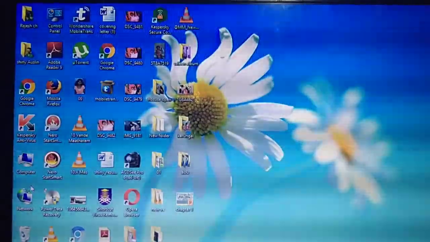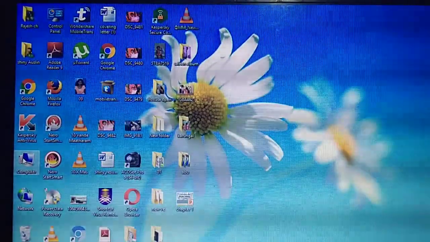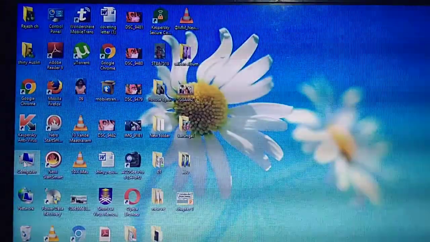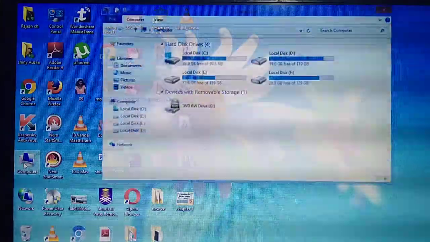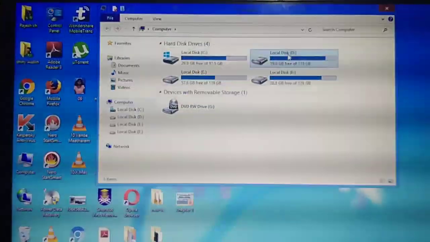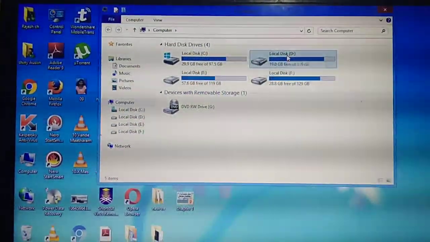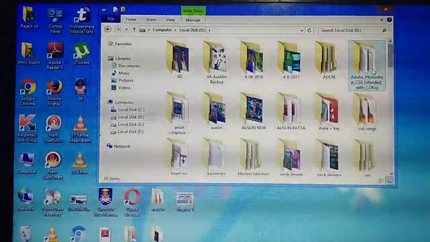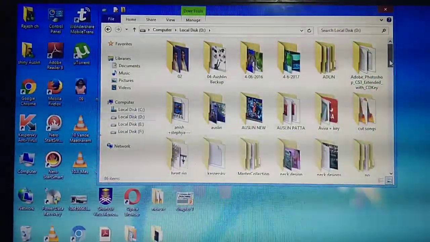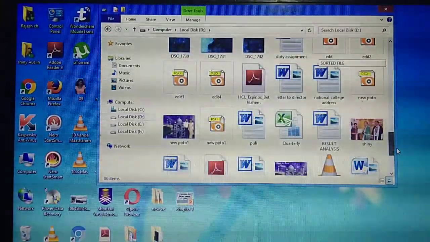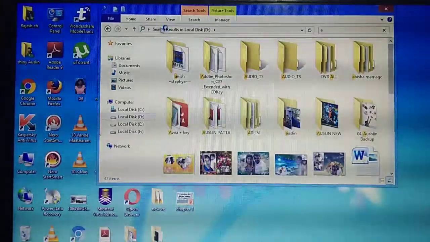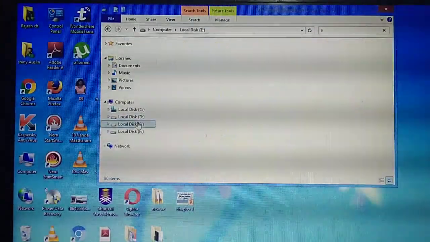Next time I am going to open the particular file, so where do I need to click? My computer. Then which drive did I save in? D drive, isn't it? Sorry, I saved in E drive, I think.